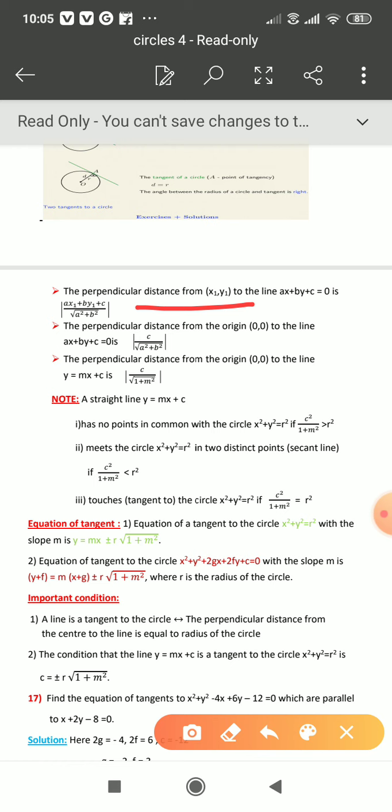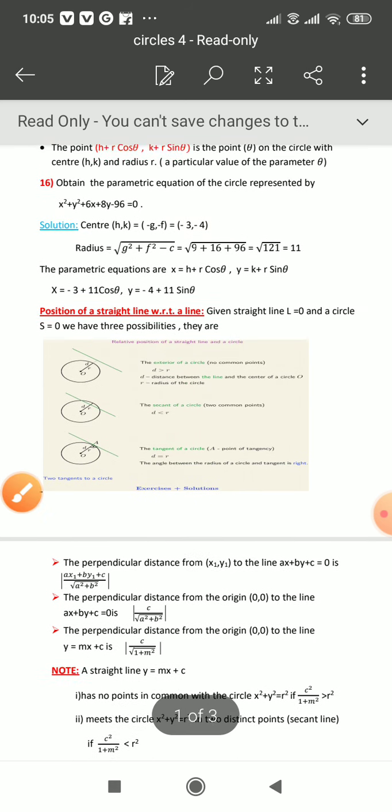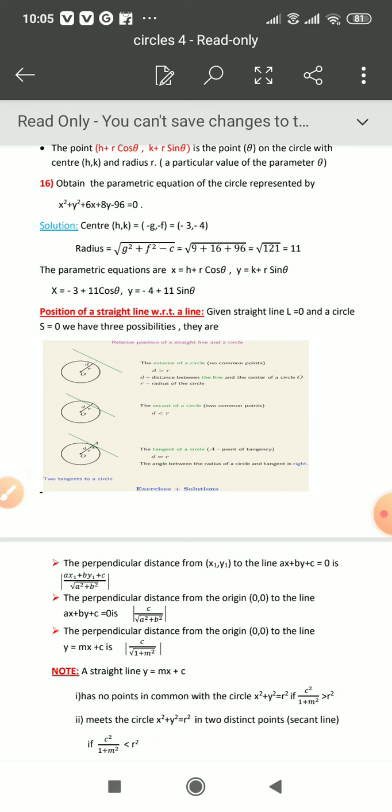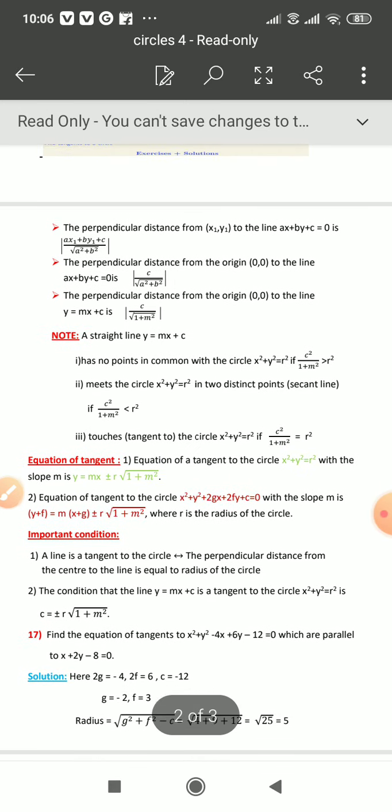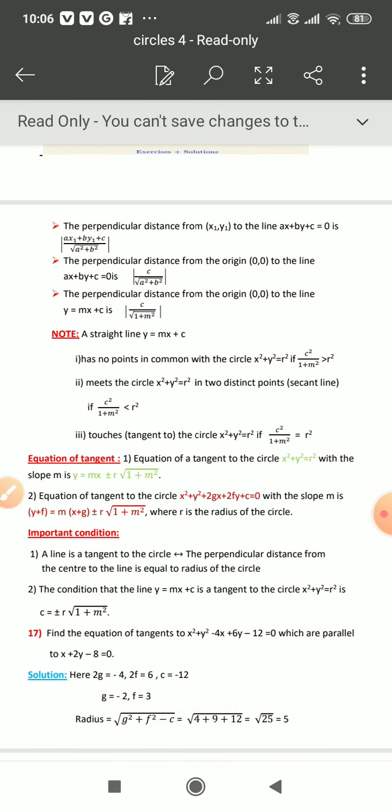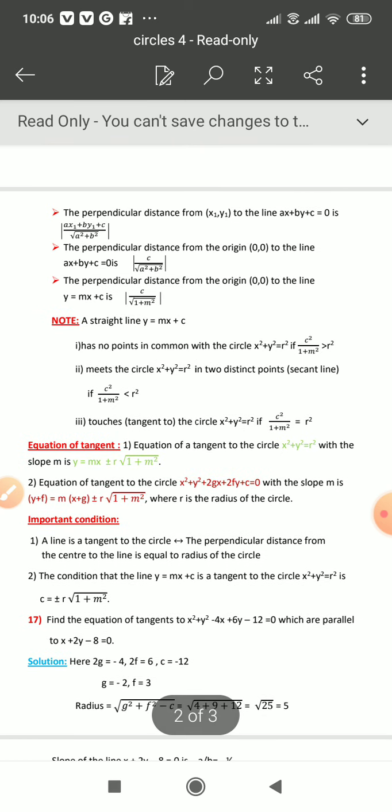Okay. Now we discuss some notes using this: the relative position of a line and a circle using the perpendicular distance, d greater than r, d less than r, d equal to r. Here, what is d? d is the perpendicular distance from the center of the circle. Here we are using the center as (0, 0). Next we set the conditions by using the value of d. Here this is the note. You observe this note.